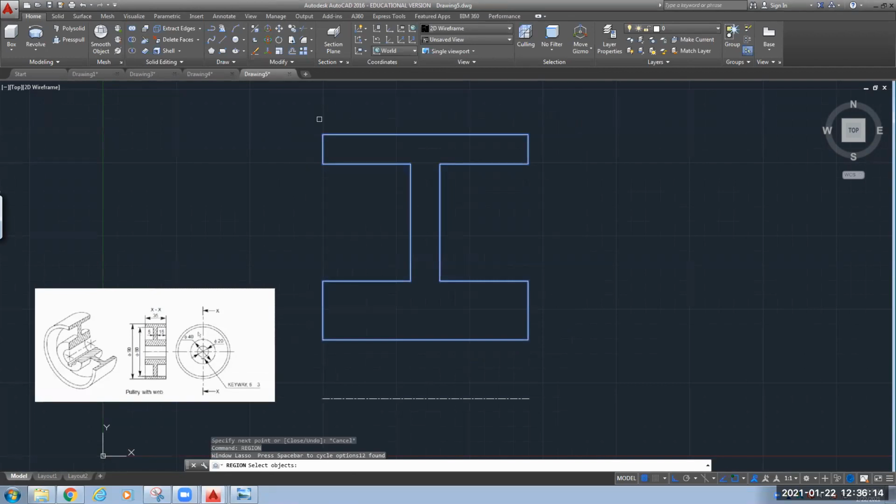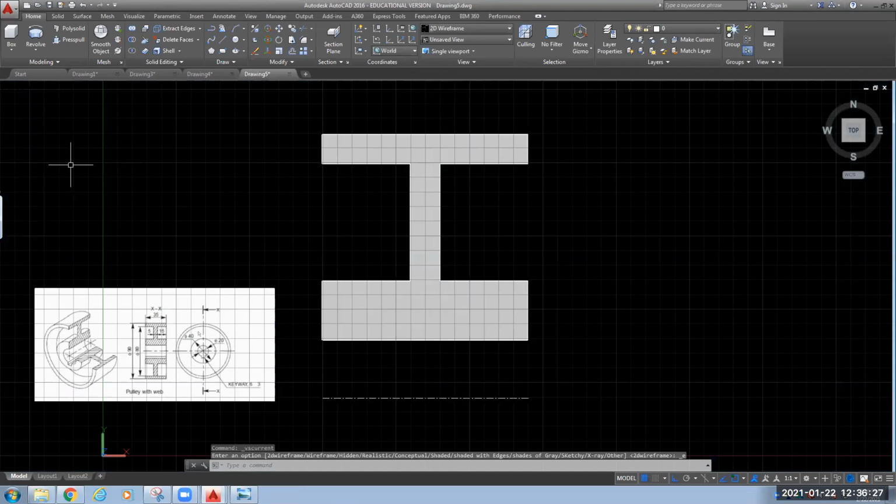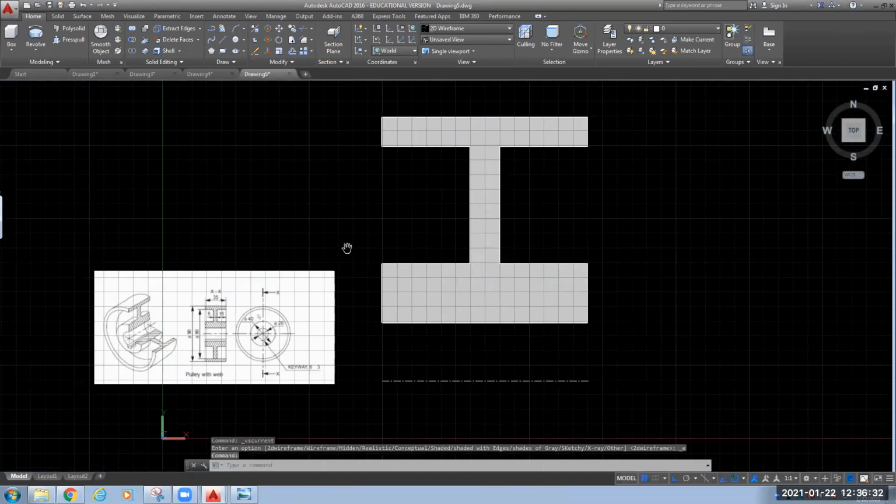So all the lines you can see here are selected. White becomes blue, then press enter. One region is created, but this is wireframe, so you are not able to see it. You can change the viewpoint also. So the object is drawn.